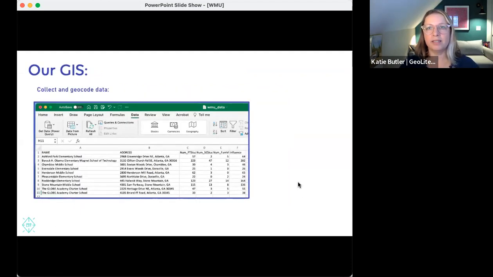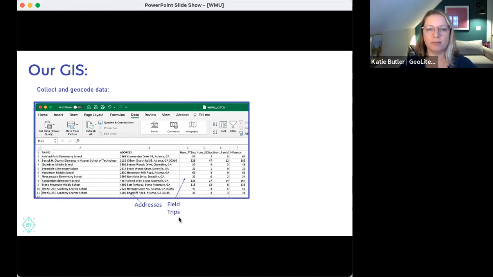And then as we collect data in our program, and again, this is just Katie pulling together a spreadsheet here. Got addresses of some of the schools. I want you to see in this little box, some of these have zip codes, some of them don't. There's commas in some, there's not in others. The GIS out there right now, and this is in ArcMap, but also in other tools that we're going to talk about, are really flexible about how you enter address information and do a very good job of locating that information. You need to check it, but they do a pretty good job natively.